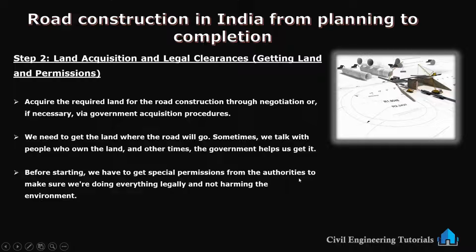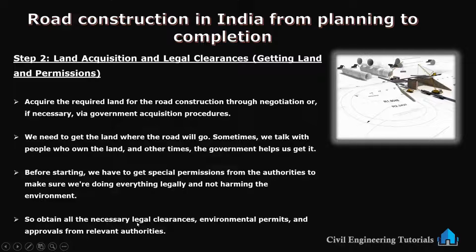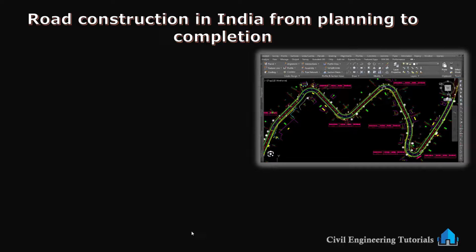Before starting, we have to get special permission from the authorities to make sure we are doing everything legally and not harming the environment. So obtain all the necessary legal clearances, environmental permits and approvals from relevant authorities. This is compulsory. This is land acquisition and legal clearances. That means getting land and permissions. This is the second step. Next, third step,